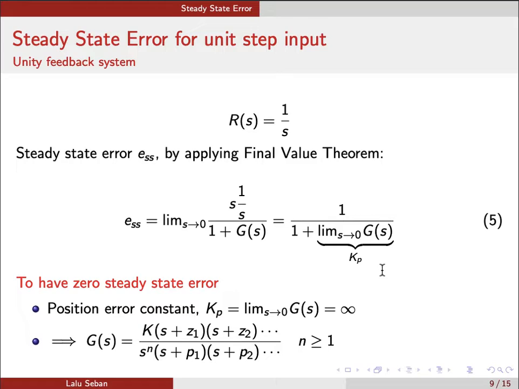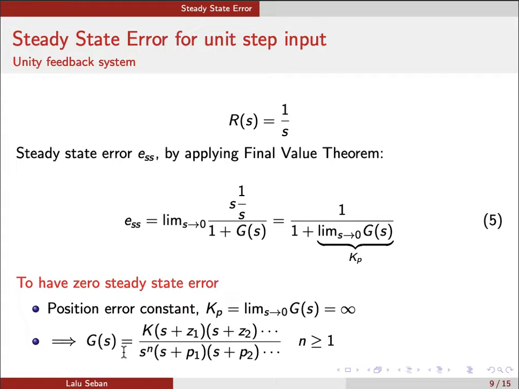So in order to have a 0 steady state error, what should be the value of Kp? Kp should be infinity, right? If Kp is infinity, this will be 1 by 1 upon infinity, which will be 0,